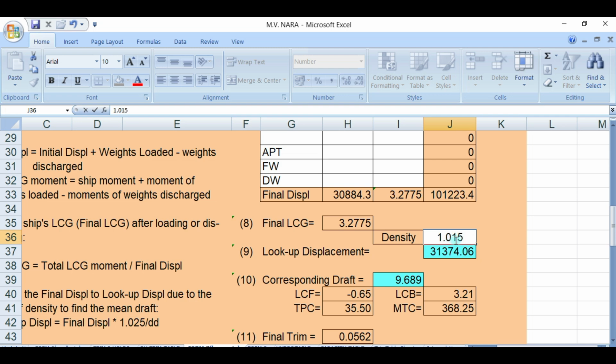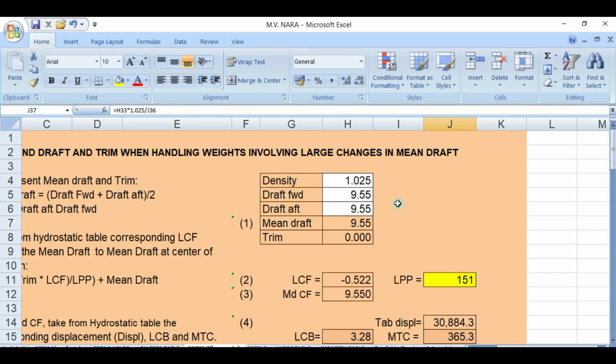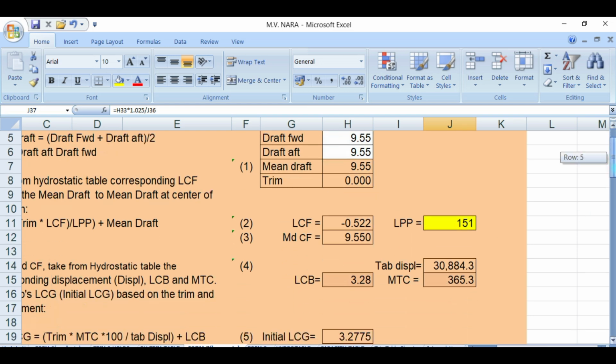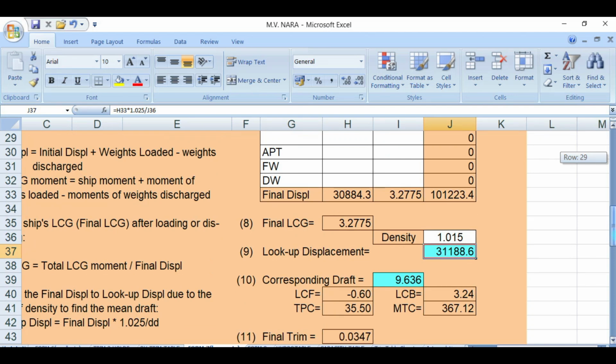Okay, so summer draft, if the ship loads, this will be your summer draft, and the density is 1.025. What happens if the vessel loads in the local density of 1.015?